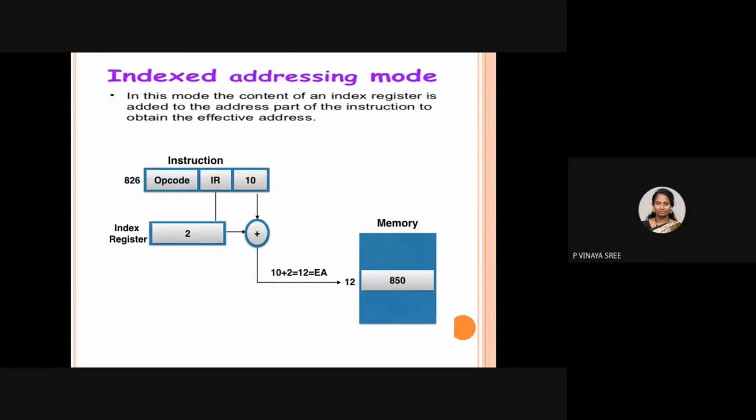Index addressing mode is used in arrays, when you want to access a particular element. The index register holds which index you want to access, and the address part of the instruction stores the base address, the starting address of the array.